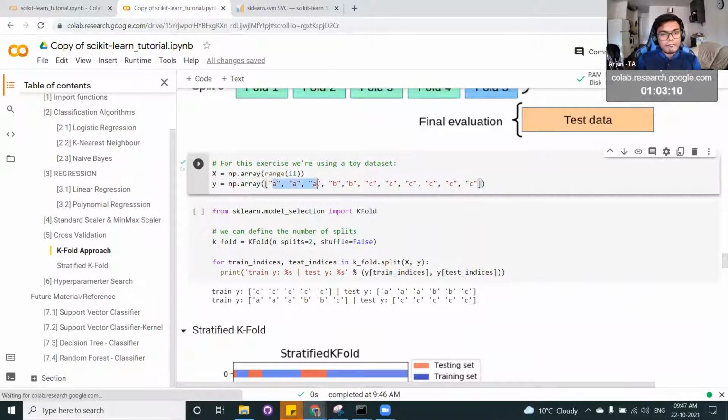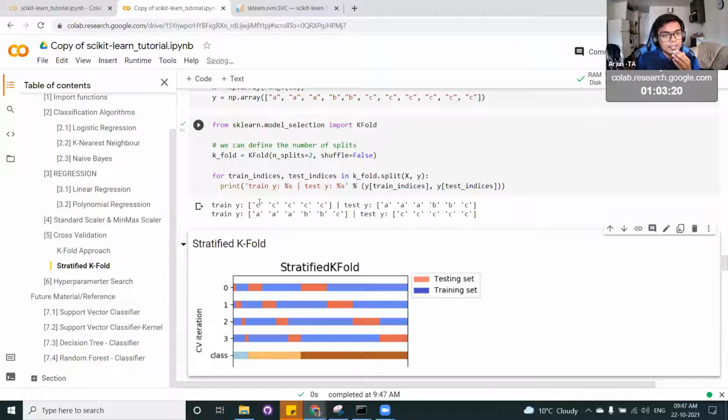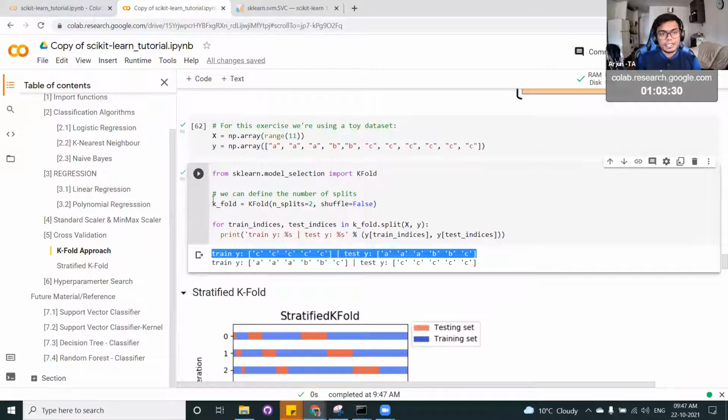Okay, here while we are splitting randomly, what happens is, in this scenario, you just see the example here. All the train examples are C, all 5 C's, and then in the test you have all A's and B's and C's. So what do you see the problem is? When we just split it randomly or with any strategy, in the training we are just training with the output of C's.